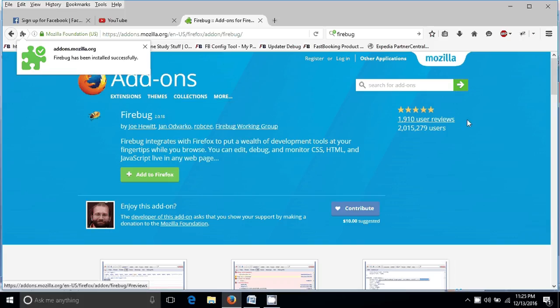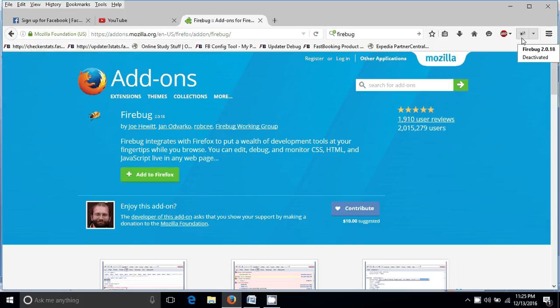After installation, a Firebug symbol will be here. So friends, as I told you how to find and see the web element behind the page, by use of Firebug we can find and see the web element behind the page. And I told you how we can install it.